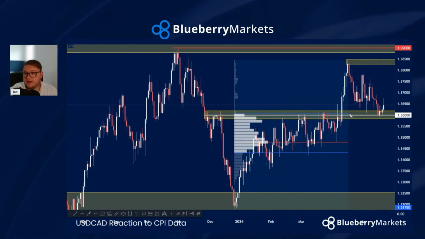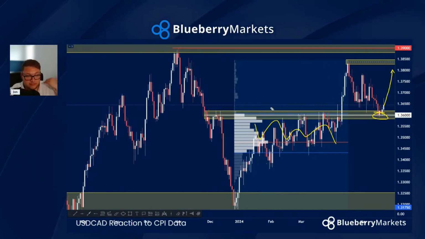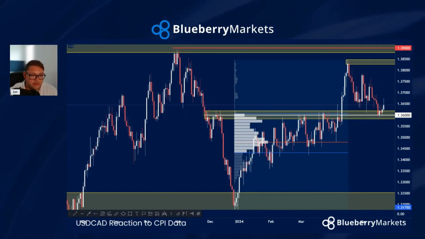Now, to trade it, obviously, you can do both. You can look at your long and your short positions. Longs above 136 make sense if we see a rejection of higher volume. Are we going to see that sort of move? I don't necessarily think we will, unless, like I said before, crude makes the move. I don't think dollar CAD is going to make the move either. If we were to hold above this 136, I would be interested to see if crude eventually starts to print higher highs and higher lows. And if it does, will that be a point of dollar CAD then moving higher? But I don't quite see that at the moment.